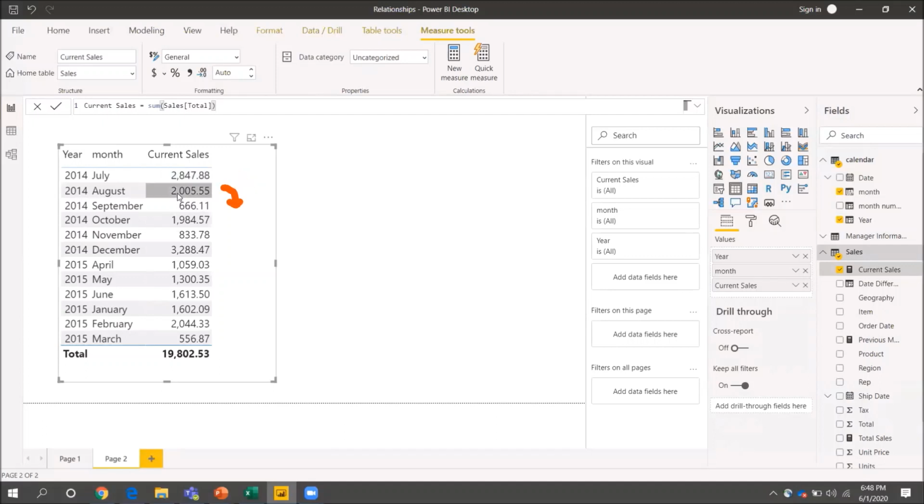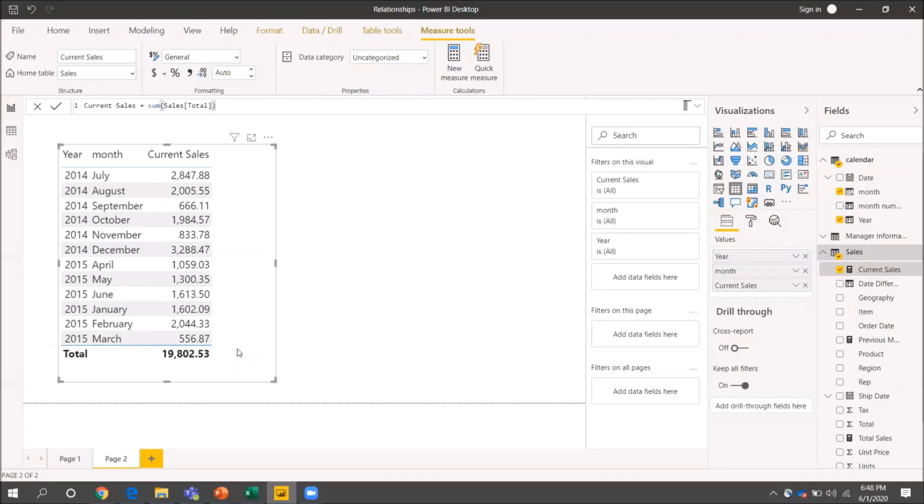Similarly, number 2005 to be present over here in front of September. 666, which is sales for month of September in 2014, should be present next to sales of October 2014, and likewise. Okay, I hope the problem statement is clear to you.